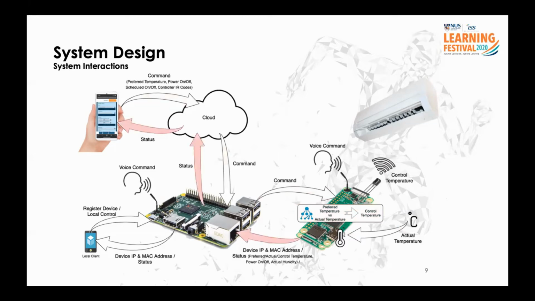Periodically, the device will send messages containing the sensor values and other system status back to the cloud via the gateway. The front-end application subscribing to these messages is able to feed back the system status to the user. In the event of no connection to the cloud, the user can choose to perform local control using the web or mobile client connected to the gateway local hotspot. Alternatively, the user can also choose to perform voice control through the speakers on the gateway or the controller device itself.